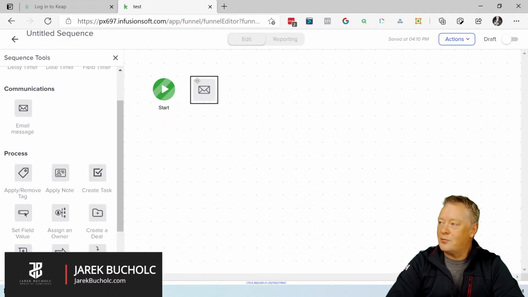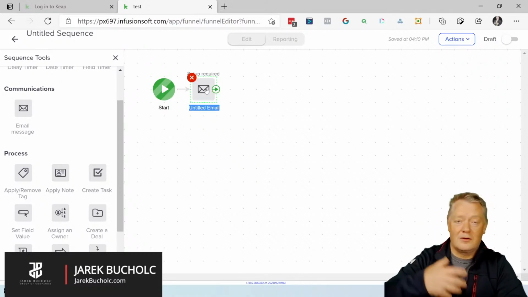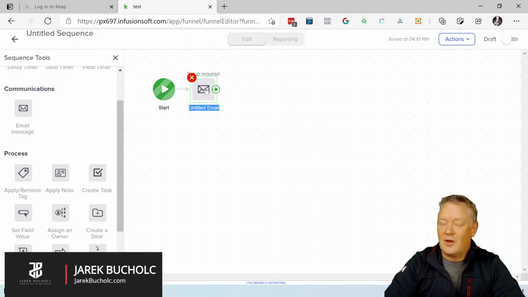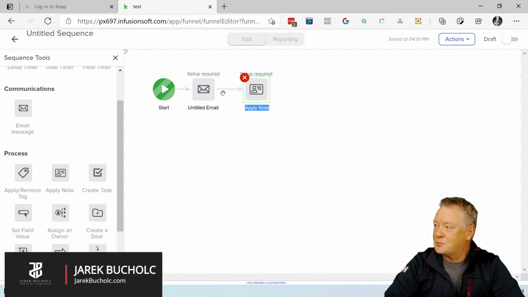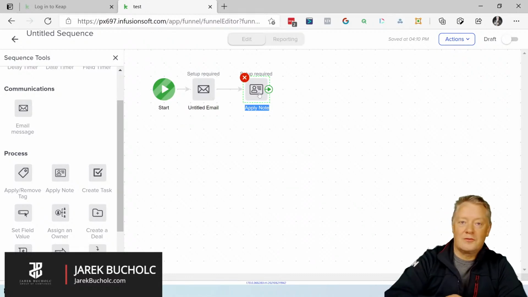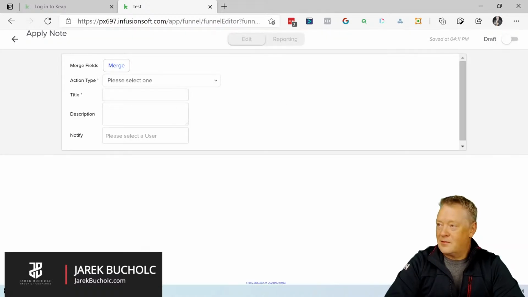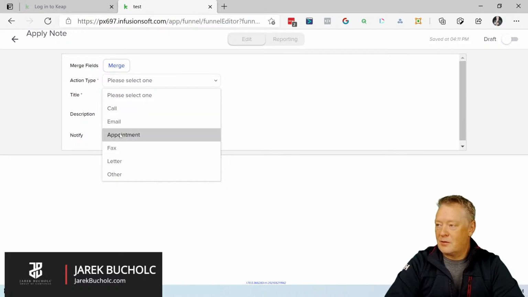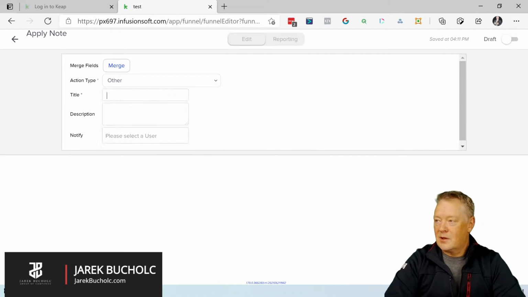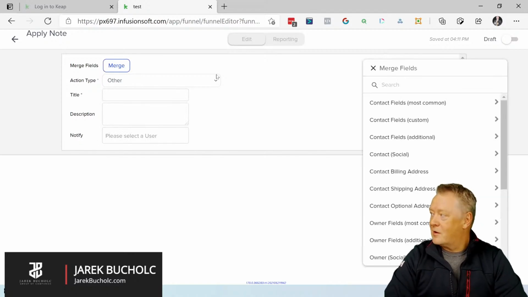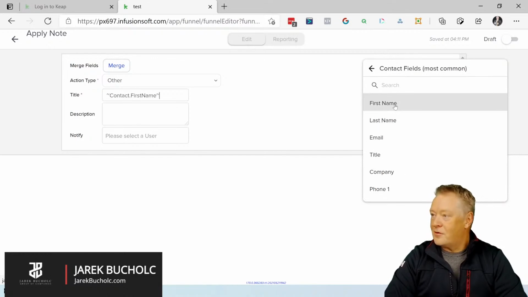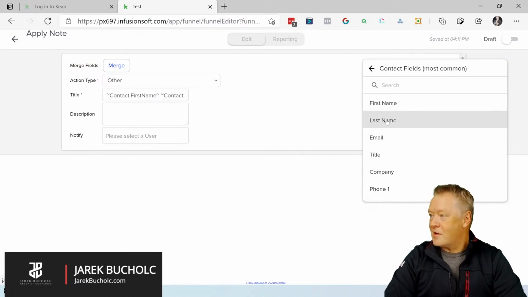email, right, for example, and then you can follow up with information, and then you can customize it, hello, first name, and utilize the custom fields information. But on top of it is, as you see here, apply the note. So that note will be applied to the profile, right? So I would like to make a follow-up. Okay, I would say other, and one of the things here is merge, and I'm going to use first name, last name,